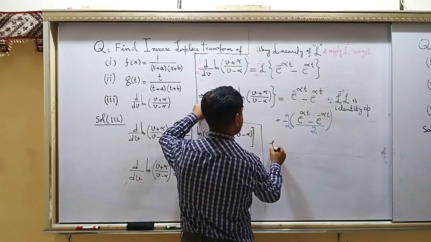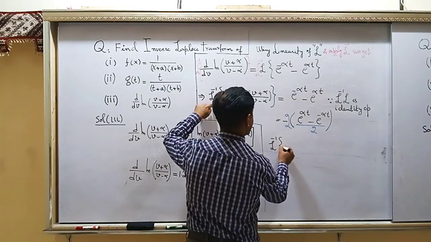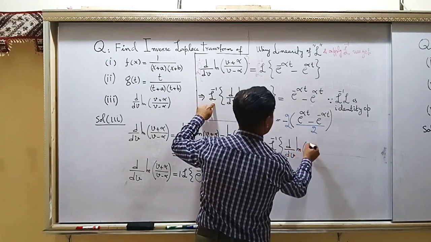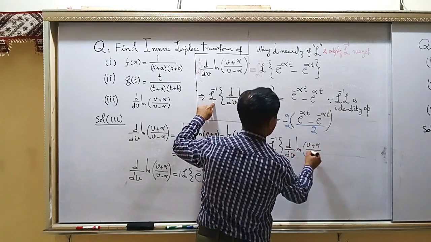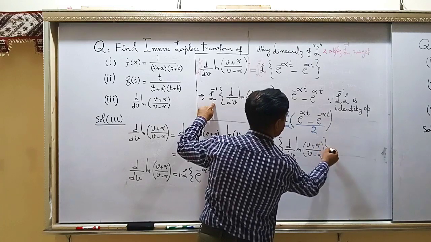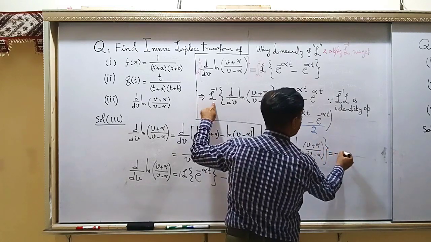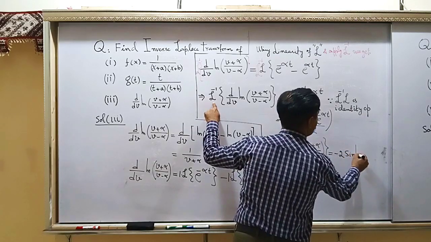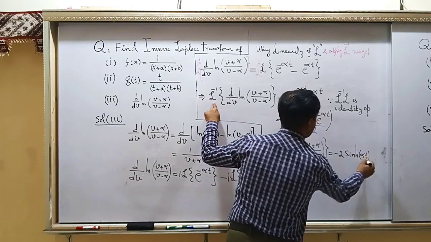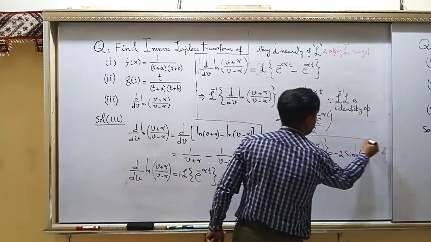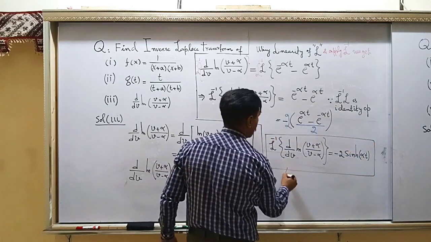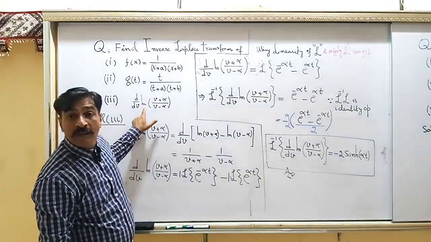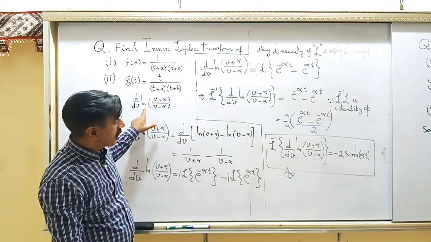on the left is L inverse of d by dv of log of (v plus alpha) over (v minus alpha), and this is equal to minus 2, and this one is sine hyperbolic alpha t. So this is the inverse Laplace transform of your given Laplace transform, right? So this